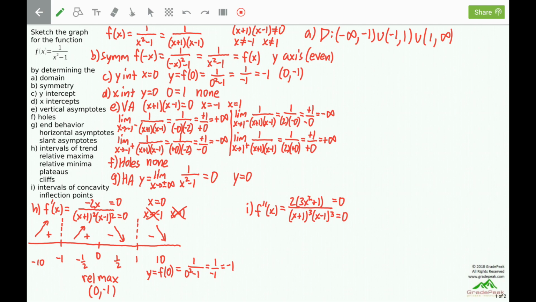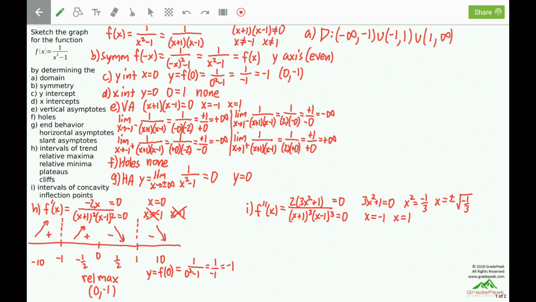From the numerator, we can divide by 2, and we need 3x squared plus 1 to equal 0. Solving for x squared will equal negative 1 divided by 3. And then x will be plus or minus the square root of that negative 1/3. Because there's a negative inside of that even root square root, those x's will not be real numbers. From the denominator, it's already factored, so we can see that x will equal negative 1 and x will equal